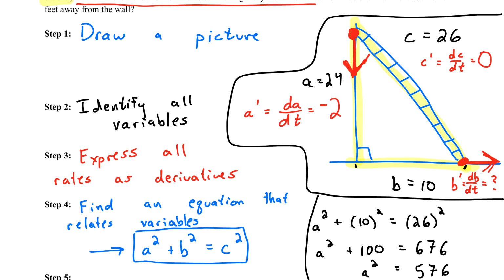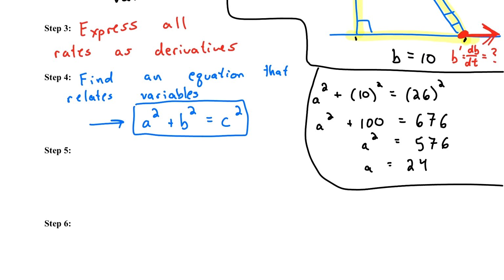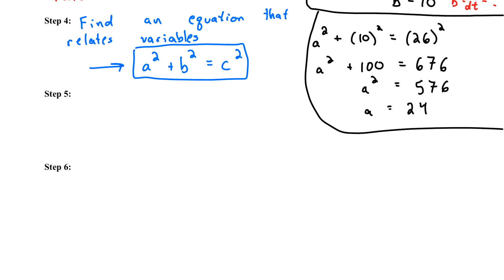And we had this really nice picture up here. I'm going to try and highlight it. This really nice picture right here that gave a good illustration of what's going on. It organized all of the important information, and it's just going to make the last part of this problem much, much easier for us to work with. So, step 5 of our problem solving process, once we have our equation, we want to take the derivative